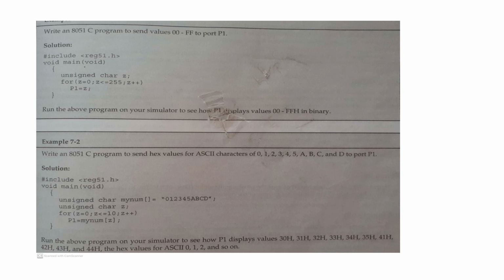We have the range from 0 to FF, and it is only positive numbers. So we need to select the character data type, and we need to declare it as unsigned char, because by default C will use signed char. So we declare unsigned char Z. for (Z = 0; Z < 255; Z++). So we are initializing the variable Z, then we are setting the range 0 to 255, and we are incrementing. So every time the loop executes, Z increments from 0 to 255.